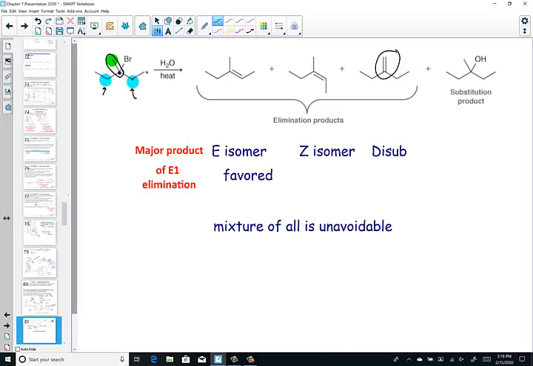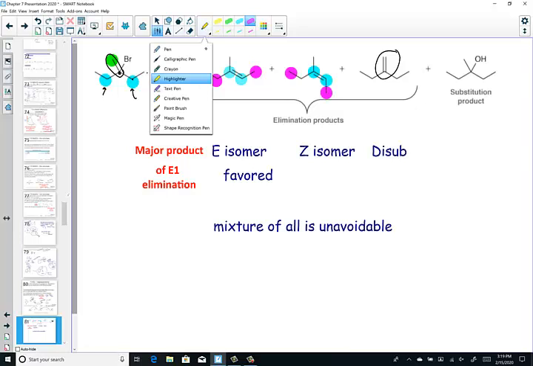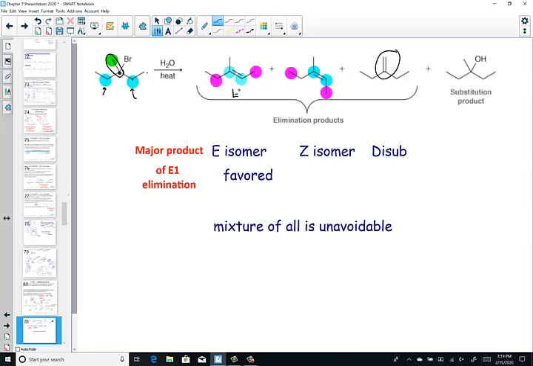I have an opportunity to have a cis-trans conformation, or better would be the E and the Z isomer. Here's the two carbons in the double bond. The priority lies on the opposite side. That's the E configuration. Here's the two carbons in the double bond. This time the priorities lie on the same side. That's the Z isomer. Here is the E, here is the Z, and of course the least stable is the